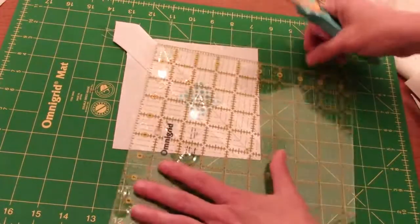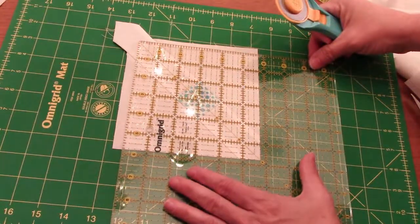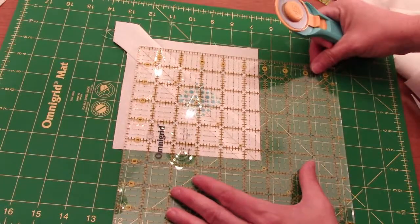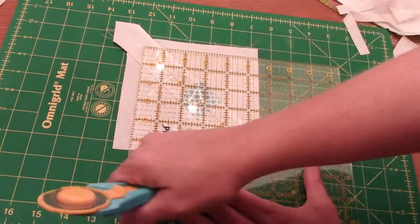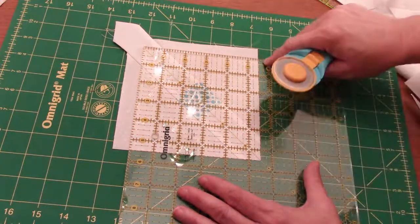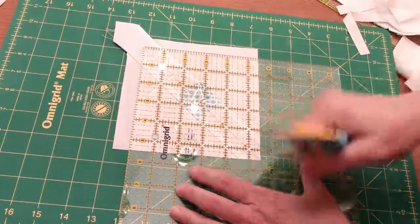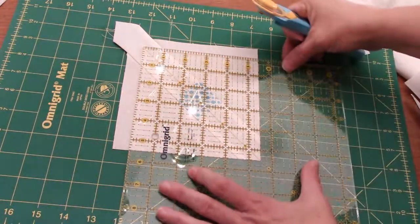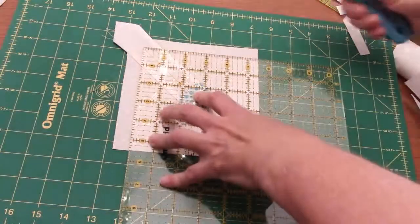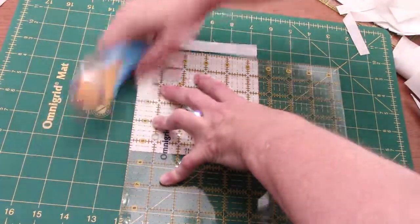Once that is done, rotate the square, and technically the 2 3/4 mark should be going through the points on our blue square again, but at this point I'm more concerned with making sure I have a 5.5 inch square. So I'm lining up my 5.5 inch mark with the 2 cut sides and checking my center as well. If it's off just a hair, nobody's going to notice that your blue squares aren't floating perfectly in the center